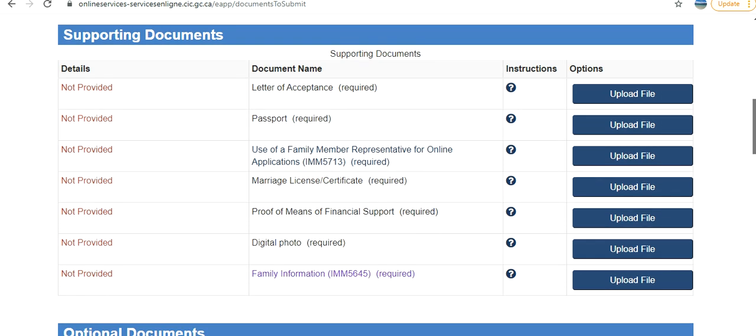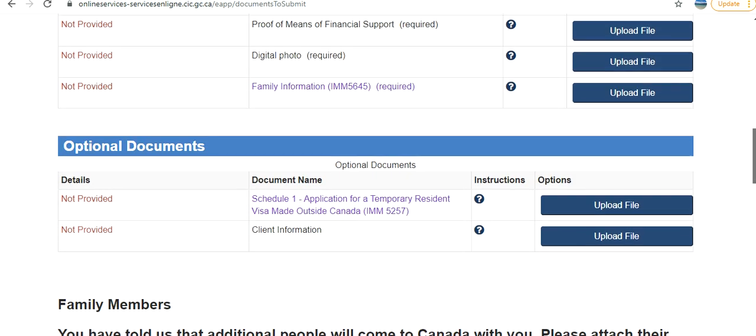It's the use of a family member representative for online applications. Do not consider it like 5476 where you assign a representative. Don't confuse it with that form. He has also been asked for the marriage license certificate, financial support, digital photo, and family information.